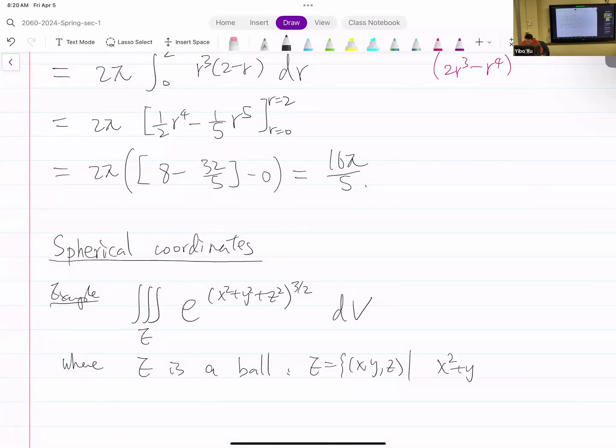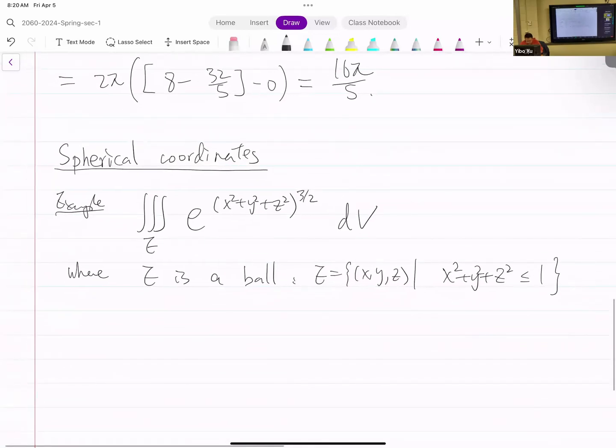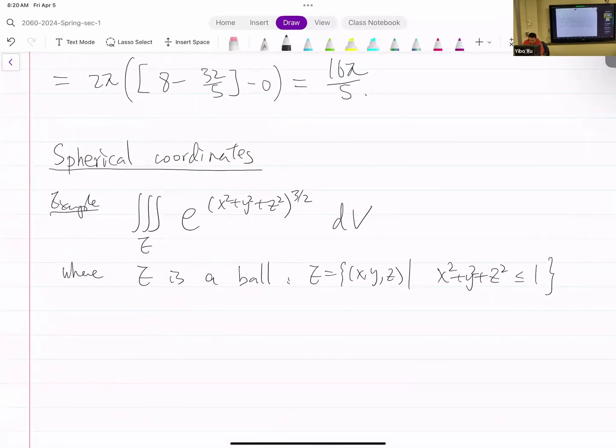So we follow the tuples such that the distance from the point to the origin is upper bounded by 1. The left-hand side is the distance squared from the origin to the point, upper bounded by 1. So indeed, this is exactly the ball enclosed by the unit sphere. If we want to quickly sketch what the solid is like, it's going to be